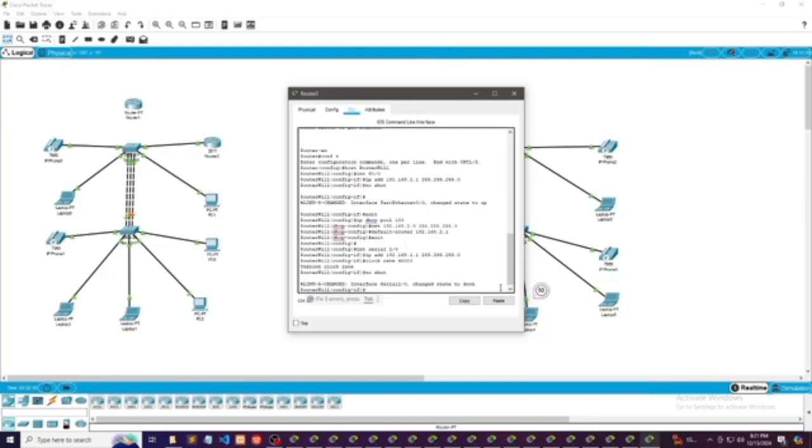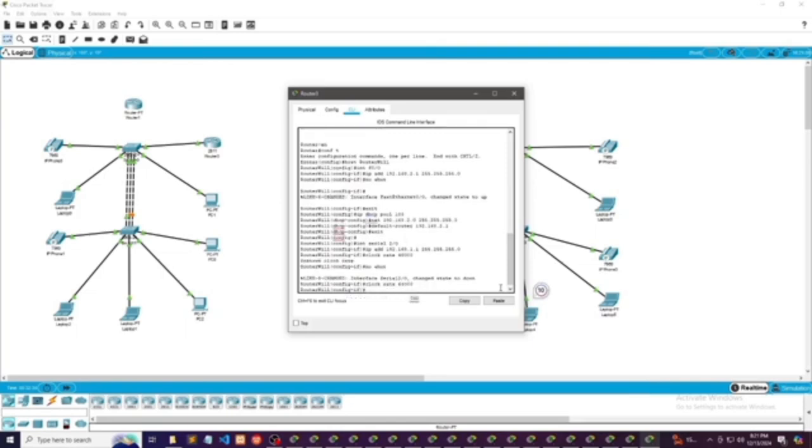It's fine. Then after typing the 64,000 clock rate, enter, and then type no shut. And then after that, exit. Okay, no shut, then enter, exit.